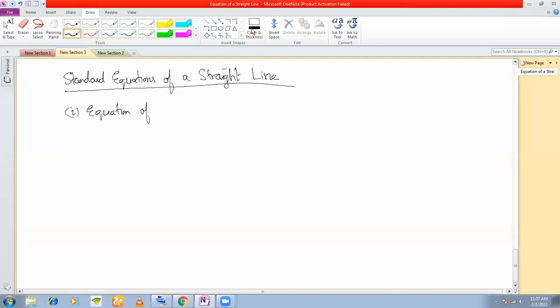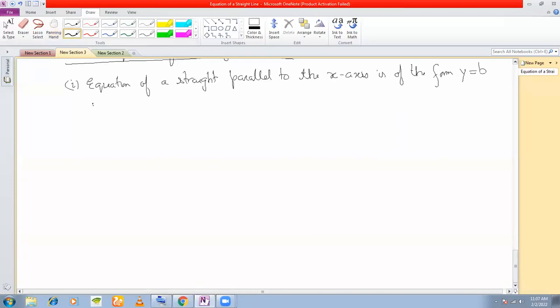Equation of a straight line parallel to the x-axis is of the form y is equal to b always. Okay, so for example,